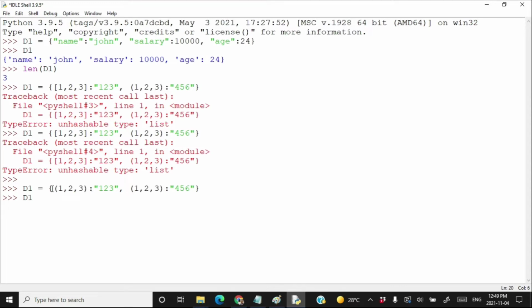So Python keeps the key, but Python keeps the latest value assigned to that key. So first the key 123 was assigned a value, but further the value of the key 123 has been updated to 4, 5 and 6. Press enter and here you got your dictionary with just one element.